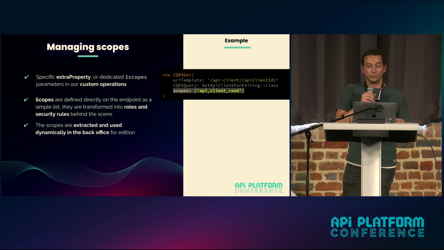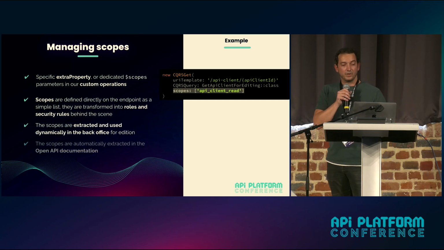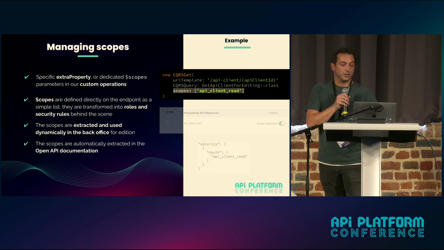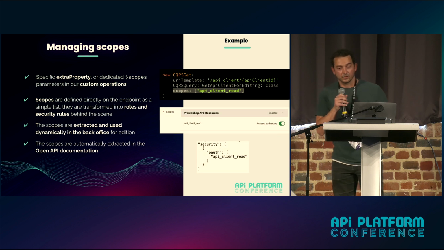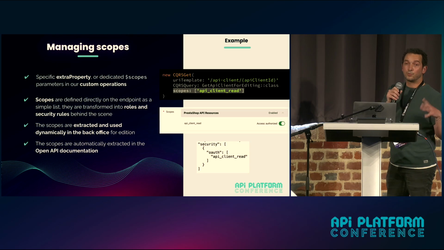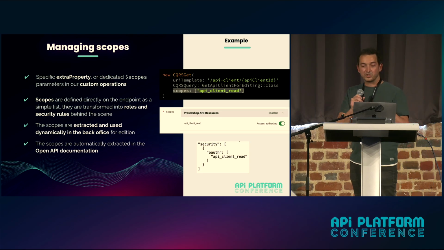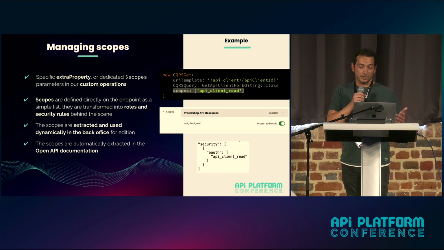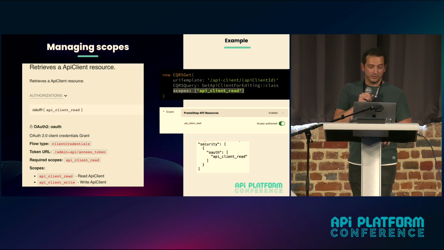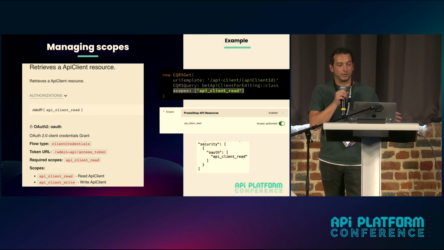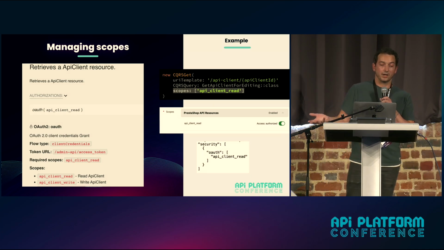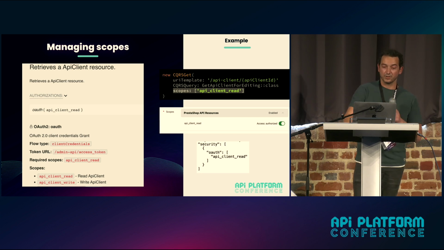It's also easier for us to extract the list of the scopes that will then be used in the OpenAPI documentation and inside the back office. So the second view that you can see here, when you create some API client, when PrestaShop is used as the authorization server, you get automatically the list of all the scopes that were defined on the endpoints. And the same thing works for the OpenAPI documentation. So in Redoc or Swagger, well, not Swagger because it doesn't really display them, but it helps our users to know which permission they will have to use for each endpoint.